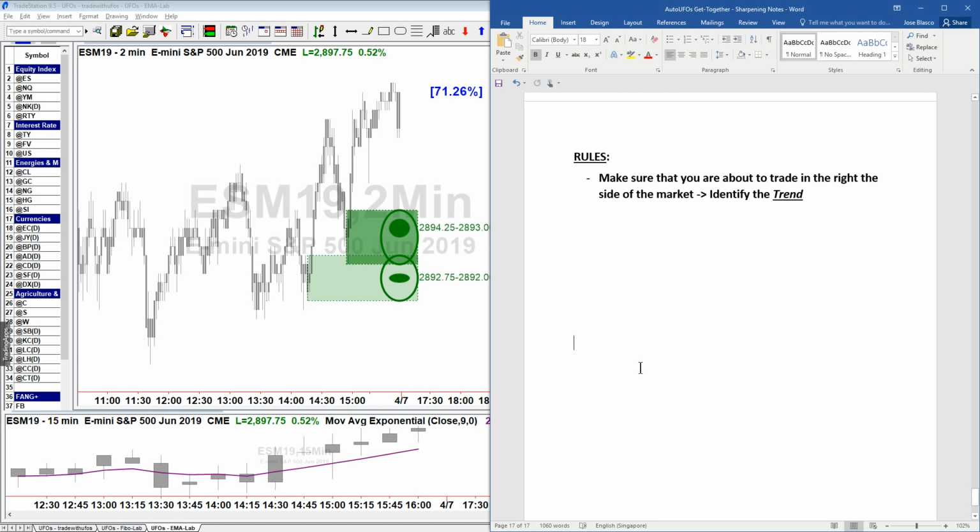Now how are we gonna do it? We're gonna identify the trend. How are we gonna do this? Well, we're gonna do this by using a 9 EMA, and looking at the prior candle close. So let's talk about this. Little by little I'm getting deeper into the rules, and notice that I'm gonna be building a little bit of paragraphs here per every rule, and then I need you to help me summarize the whole paragraph in a maximum of 5 words.